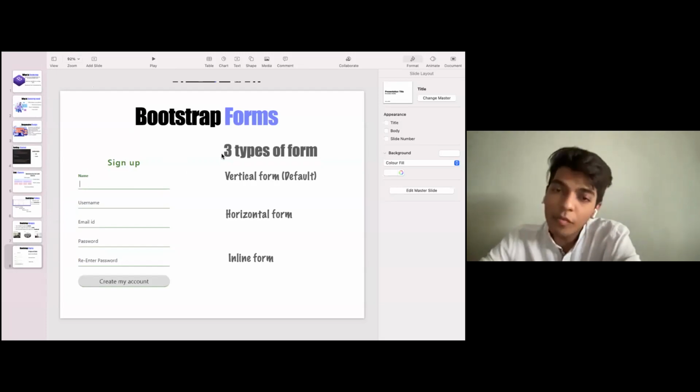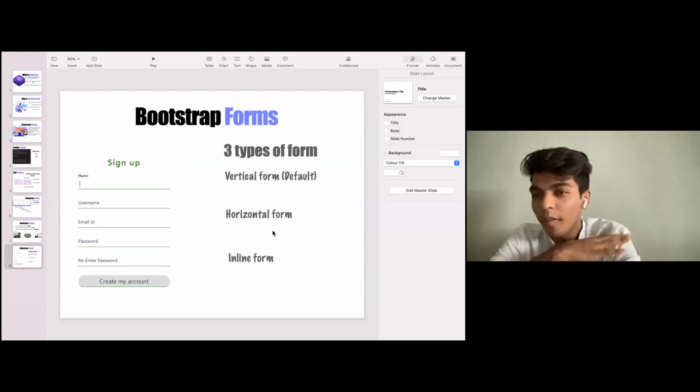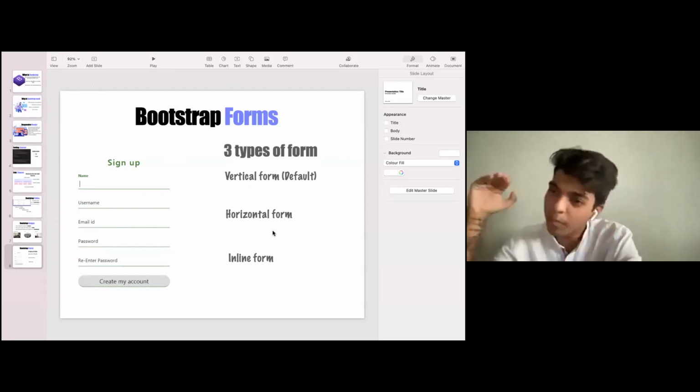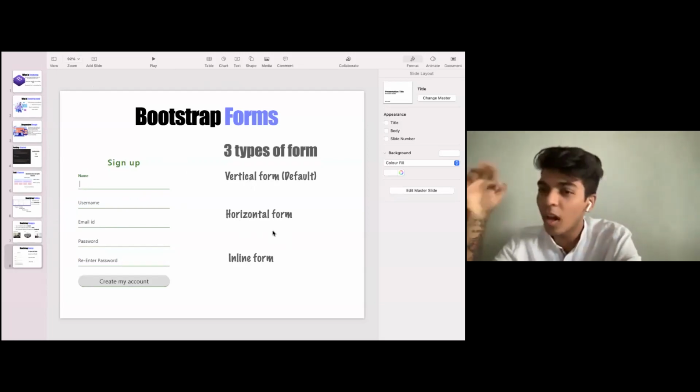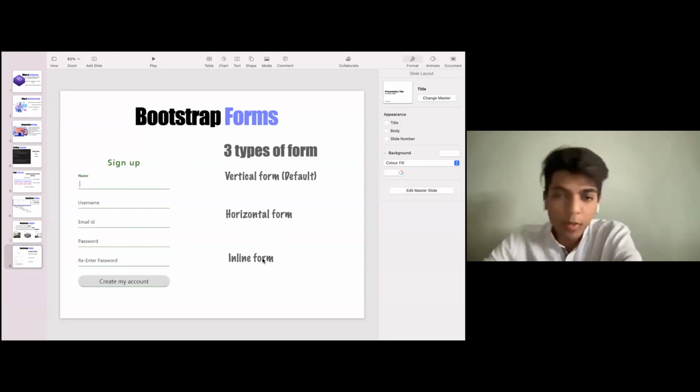So there are three types of form. Basically, one would be vertical form, which is default. So this is a vertical form, a horizontal form, and an inline form. Horizontal form is something that is not widely used by developers, because if the form is only on the horizontal part, scrolling will also increase, and when you narrow down the screen, it won't be nicely visible. So inline is something that you can use. I'll be showing you inline form and vertical form. And horizontal form is something that you can just see the style sheet and implement by yourself. If you find that cool, it would be very great.